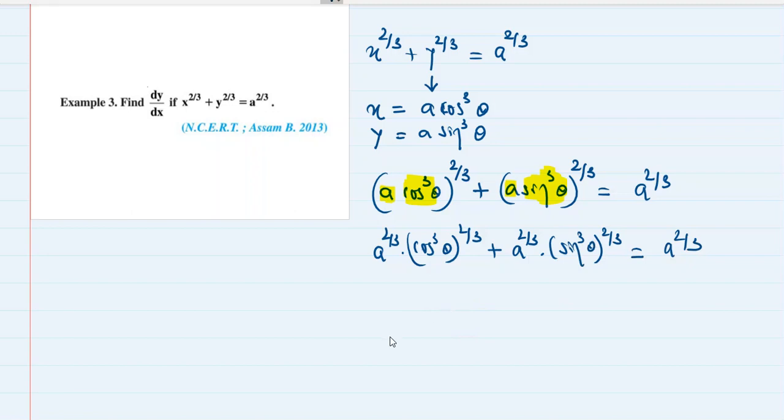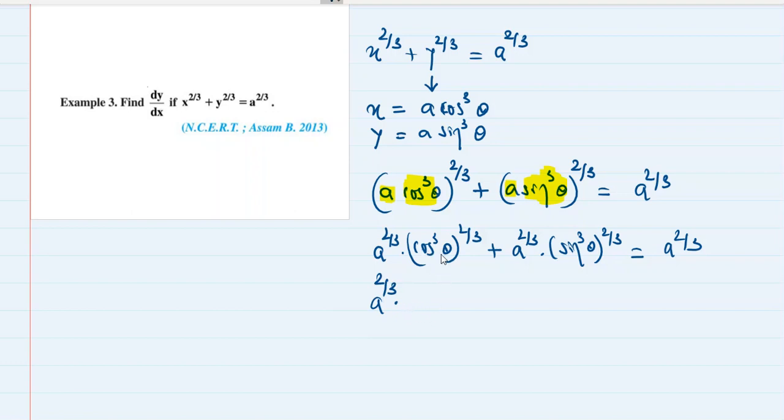Now you will ask me, sir, how will we understand that we have to substitute something? Of course, you will not know without seeing this question or doing similar questions like this. That's why I'm showing you this question. This is an NCERT question as well. But once you've seen it, you have to keep it in mind that we had used this kind of substitution somewhere. Without doing these kinds of questions, it is very difficult to judge what kind of substitution we have to use.